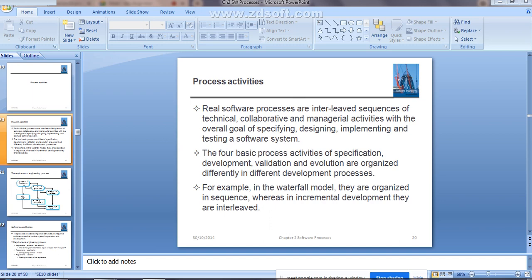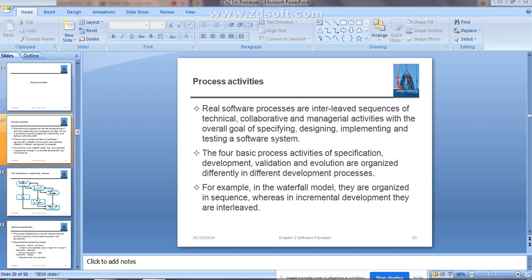Depending upon what kind of software process you are going to develop, you consider the model. So the activities will be organized in a different manner to develop different kinds of software processes. I hope it is clear, guys, right?